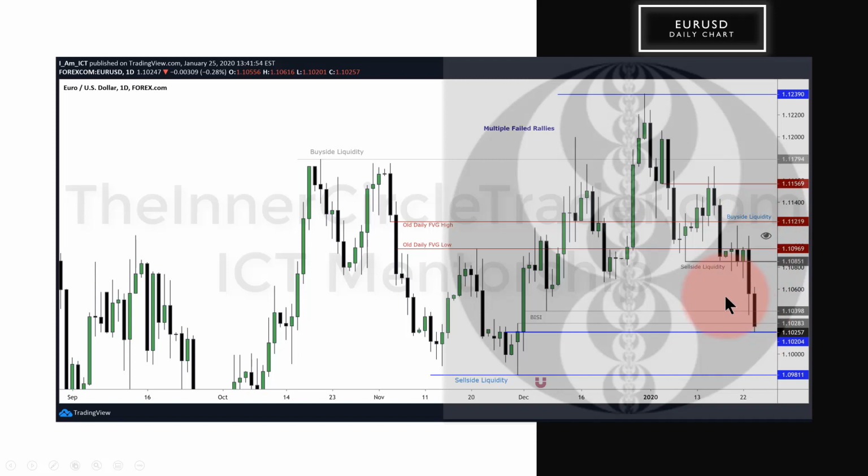If you take this information and apply it to our directional bias, which is what we had down here, the little magnet was right up in here, pointing your attention to the BISI in here, buy side imbalance, sell side inefficiency, and sell side liquidity. That's where I outlined and said that price is going to go next. And it did that. It expanded through, didn't offer a whole lot of support here.